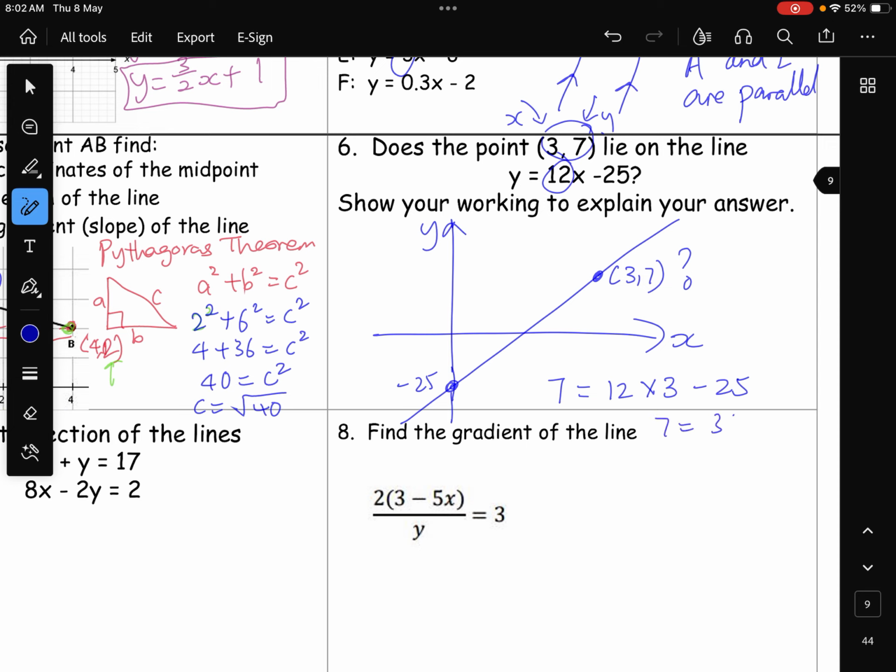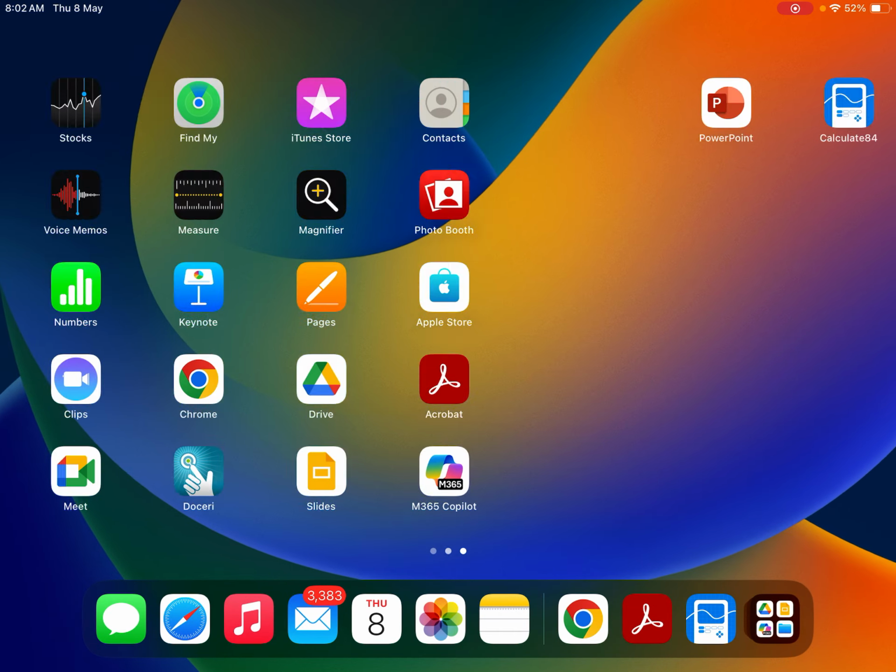You're going to get 36 minus 25. So you're going to get something like 7 equal to 11. This obviously doesn't make any sense. So that means that this point is not going to be on the line. Not on line. Now another way to do this is that if you use the GDC,